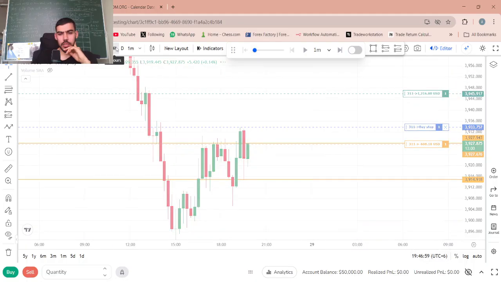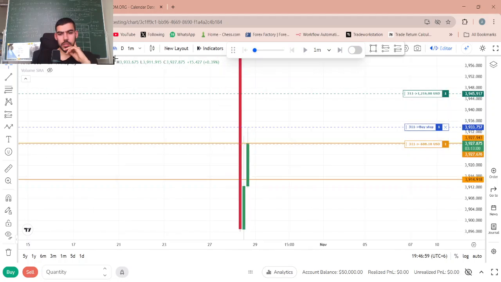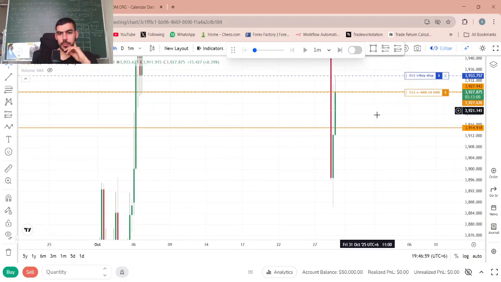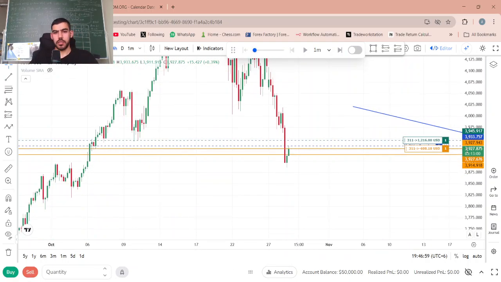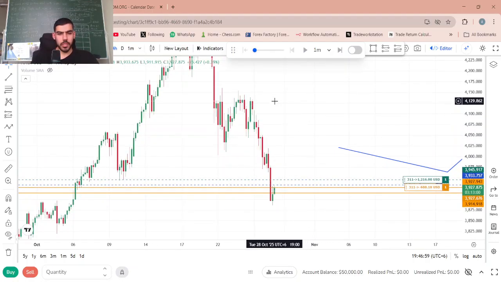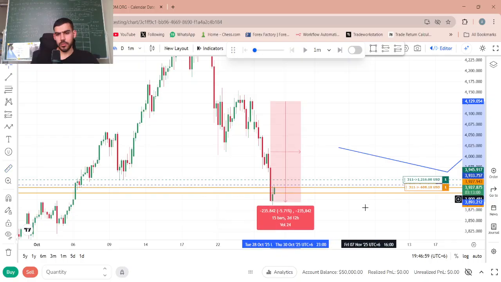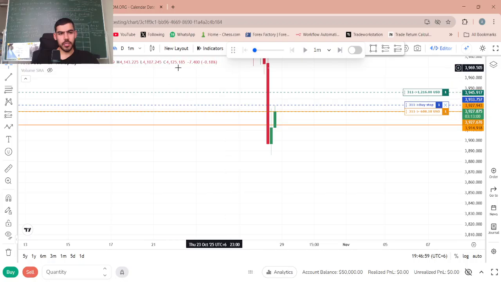Let's check the higher time frame. Okay, 1 hour doesn't look bad. 4 hour, it doesn't look good actually, but it broke the previous 4 hour. And gold actually dropped about, oh my god, that's 200 pips, I think. Not 200, I believe it's 2000 something. So we should get